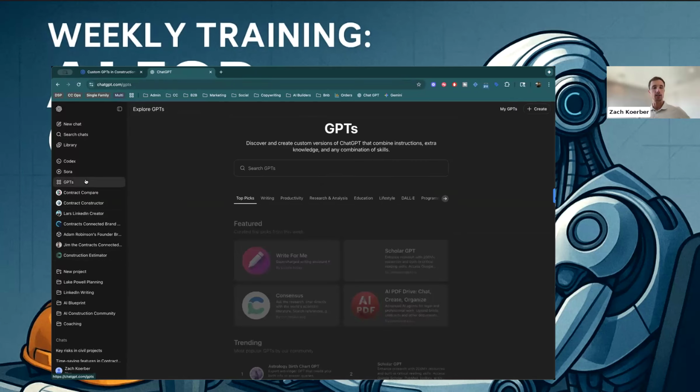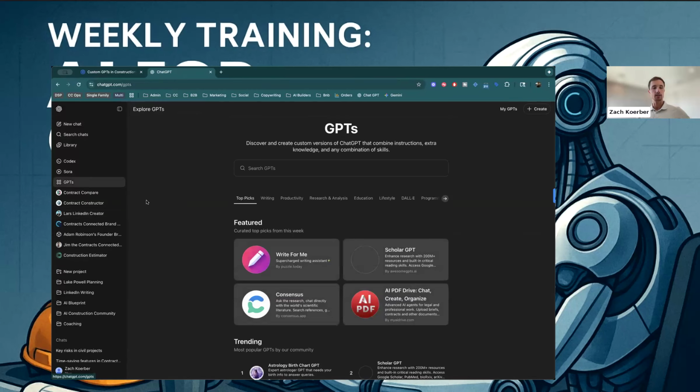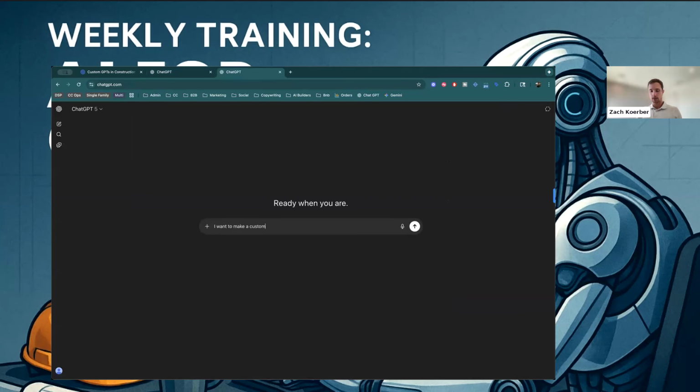So coming back to GPTs, I'm going to come over and I see up here in the top right hand corner my GPTs and create. So I'm actually going to cheat here. I'm going to have ChatGPT write instructions for a custom GPT. So I want to make a custom GPT that will have all my previous contracts for a project called the Sunrise